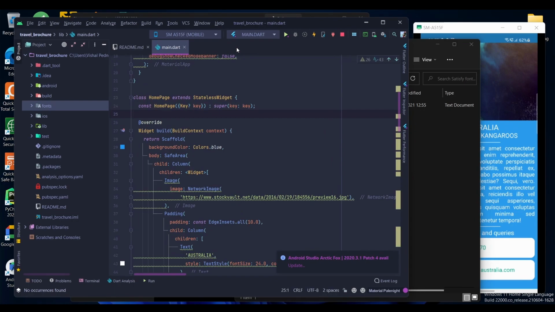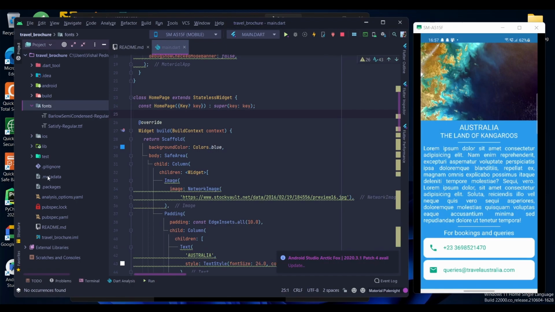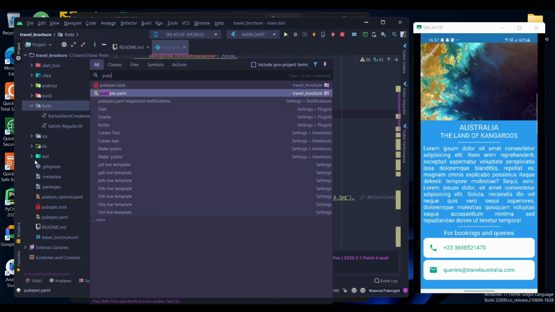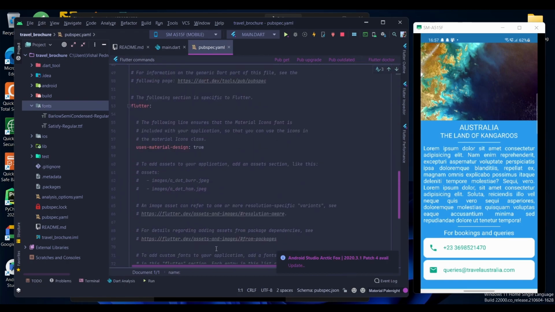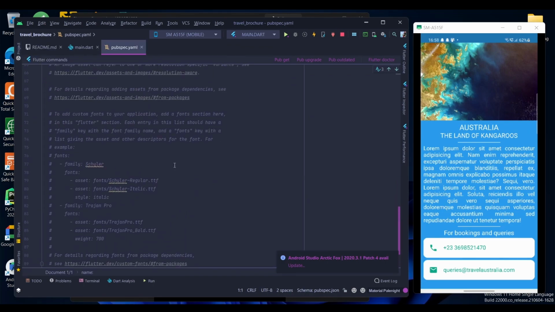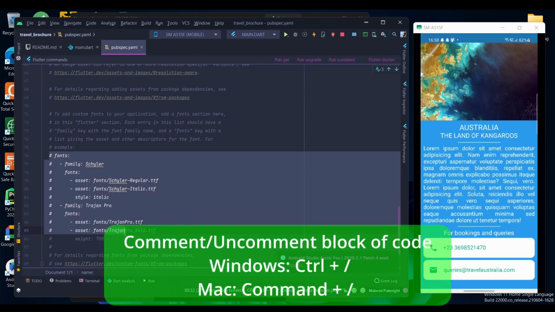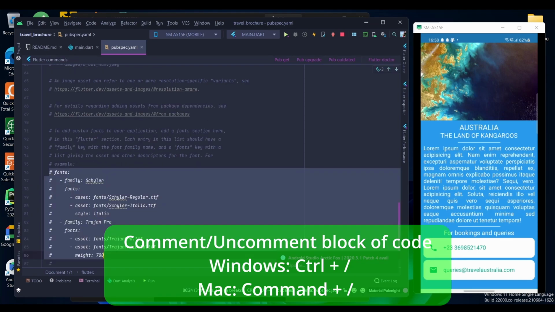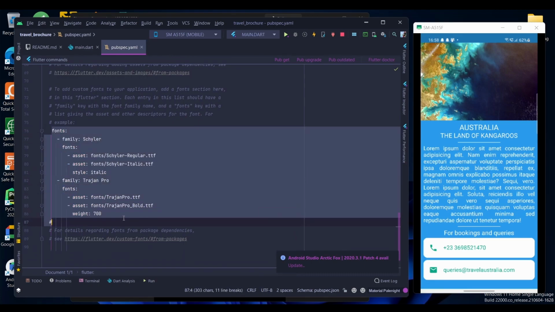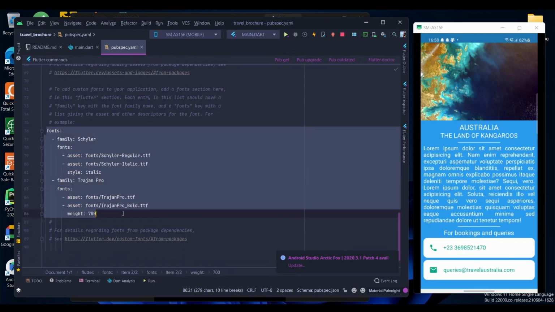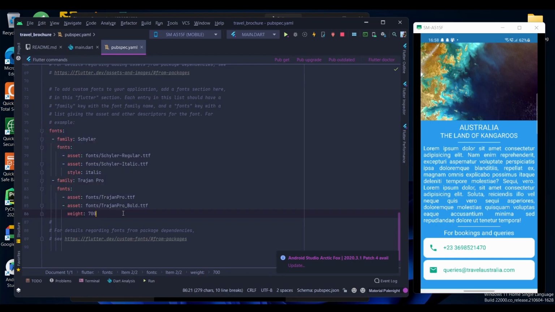Okay, so now that we have our fonts in our fonts folder over here, I'm going to define them in pubspec.yaml. Remember, we cannot use these files as of now without defining them in pubspec. So to add fonts, go down to this section which says fonts, and I will uncomment this particular block of code by using Ctrl+/, and to align them with rest of our code, I'm again going to select this and press Shift and Tab to move them a little back towards the gutter, and then give it a single tap so they align with rest of our code.